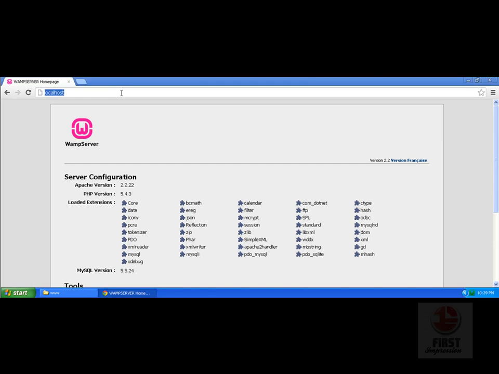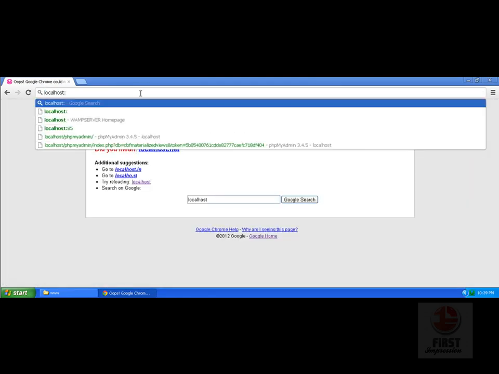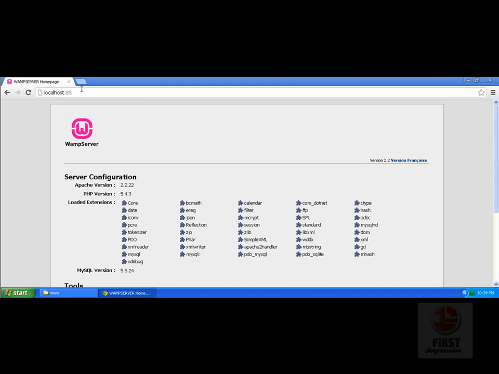Once you restart the WAMP server, now localhost will not work, whereas localhost:85 will work. This indicates that you have installed WAMP server on port 85. In the complete tutorial, I have also installed the WAMP server on port 85 because in my PC I have the IIS server and the WAMP server together. But in case you don't have the IIS server with you, you can simply discard this :85 and go with